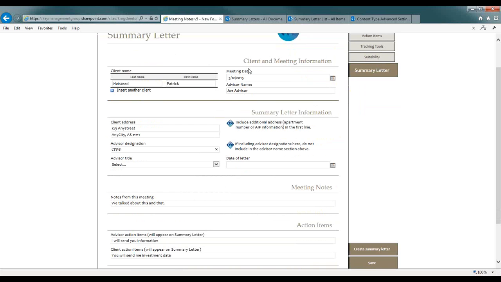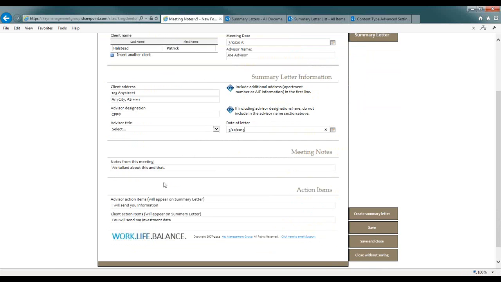And so our clients, the advisors, can fill out all the information in here, like when they met with their client, when they want to date the letter, and just simply document the things that they talk about. And when they're done with that, then they can just hit this Create Summary Letter button. And